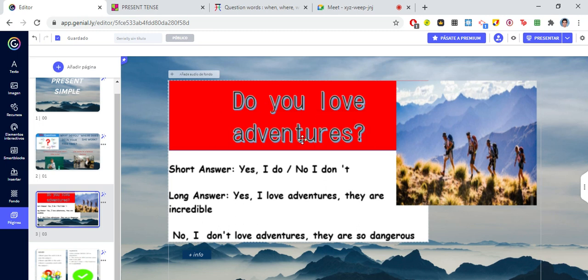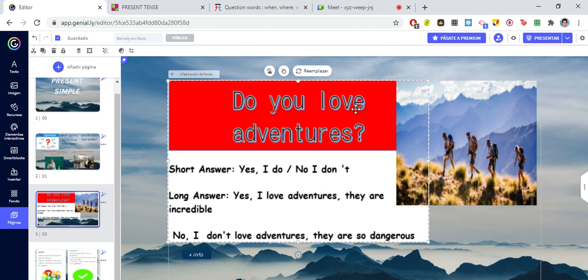These are called yes or no questions. These are also questions in simple present. What is the difference? When you ask this kind of question, first of all, I don't use WH words. No, I don't use them. These yes or no questions in most of the cases start with the auxiliary do or the auxiliary does. And when you ask this kind of question, you are expecting someone to answer you with yes or no and with more information. Okay, for example,